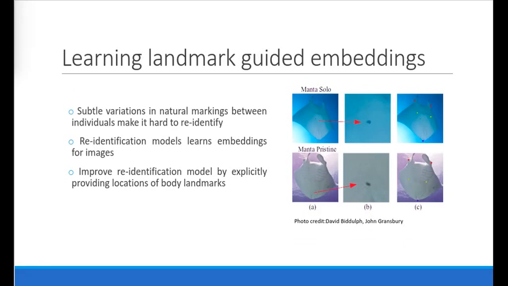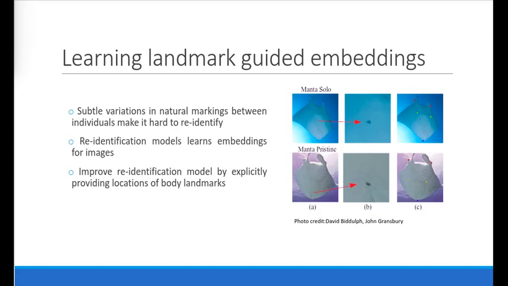Re-identification models developed for people recognition learns embeddings for images of people's appearances in such a way that the distance between embeddings of the same person is smaller than the distance between embeddings of different people. However, visual animal identification is mainly based on body markings, which are more ambiguous than a person's appearance because of